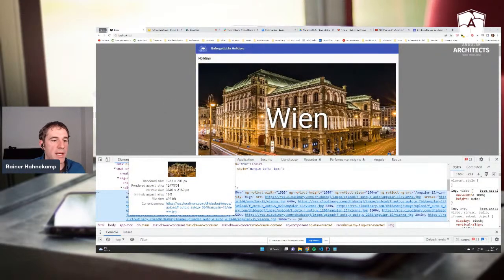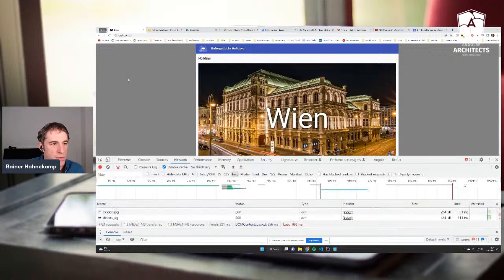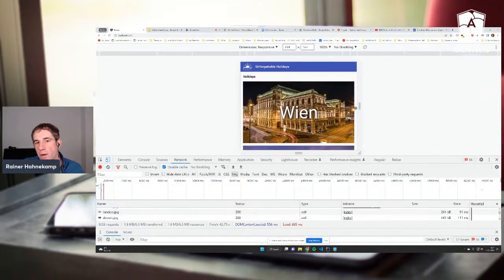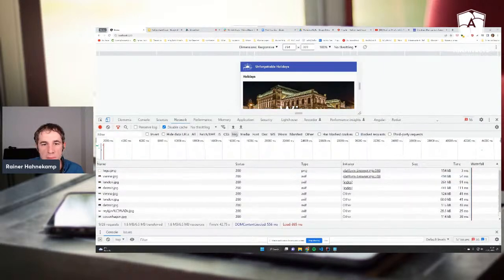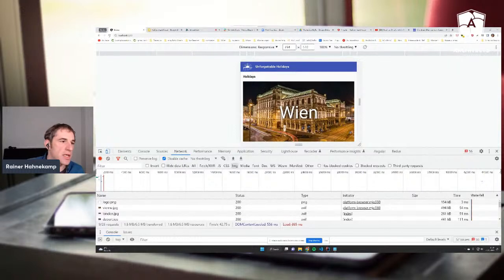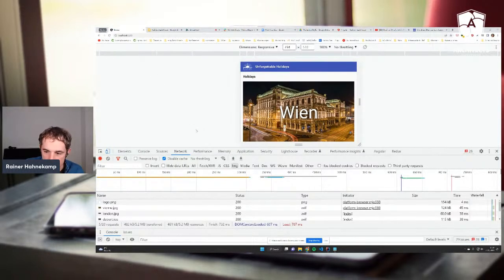The result of this is, if I go to my network and say that for some reason I'm now running on a lower resolution, then please keep in mind that at the moment the Vienna image was loaded with almost 0.5 megabyte, which of course is completely unnecessary in this case. So if I reload it, we will see that Vienna was now loaded within 224, so almost a fourth of the original size, because we have this combination where Angular plays together with a CDN,